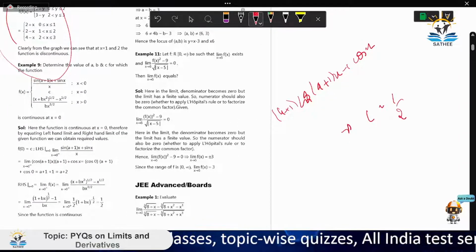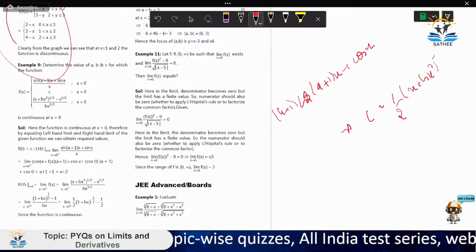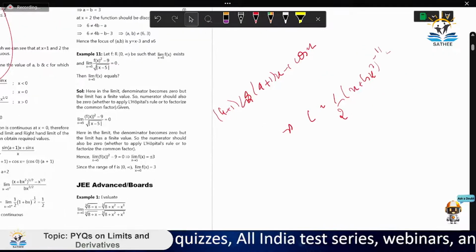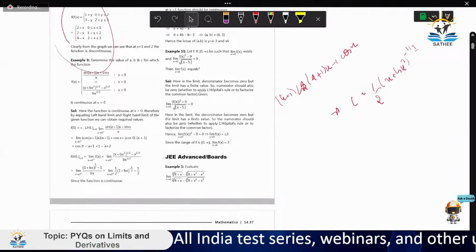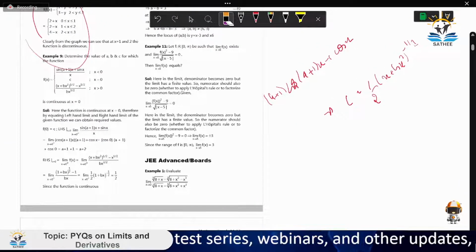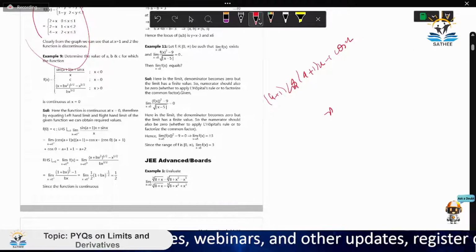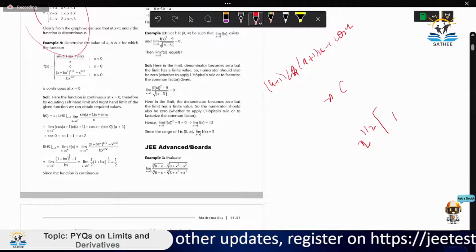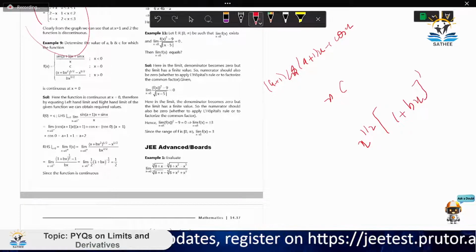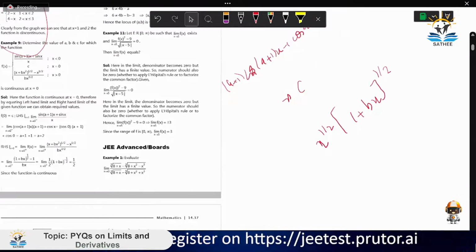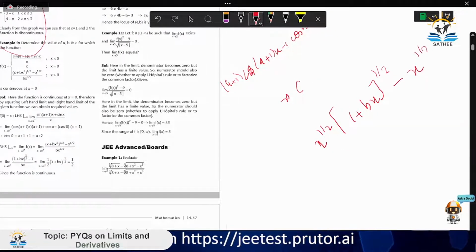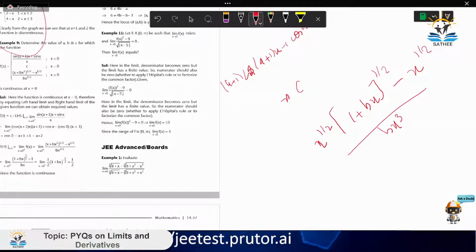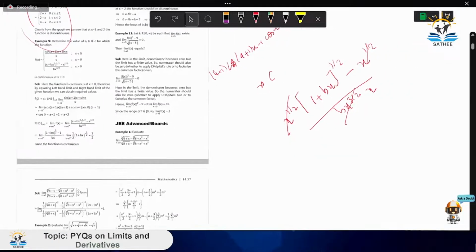half times x plus bx square root of half, and then let me just take out the root first. I'll just solve the RHS side of the limit differently. So let's take out the root first and just solve the root. So 1 plus bx to the power half. Then I have this, and then I have this. So this gets cancelled. So I'm left with x here. So this gives me this